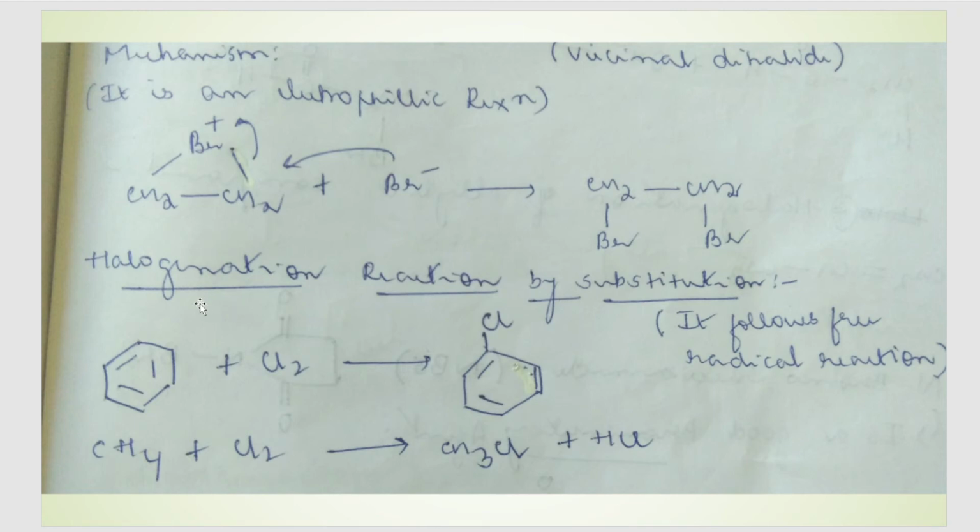What will happen is that the H dot going out will combine with one of the Cl dots to get eliminated as HCl. Okay, and this Cl dot will come and form a bond with the carbon which already has one odd electron with it. So that's how the substitution reaction takes place. Same way, see the second example.